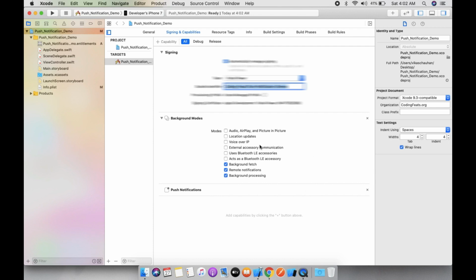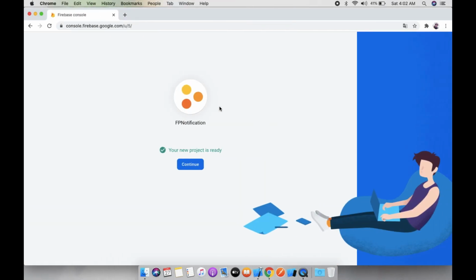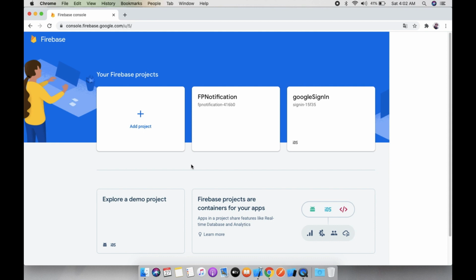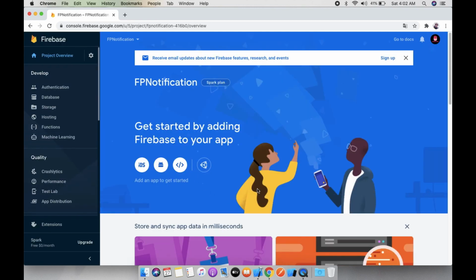Now this part is done for now, so let's open Firebase. Now your Firebase push notification project is ready. Let's click on the continue button. Now get started by adding Firebase to your application.